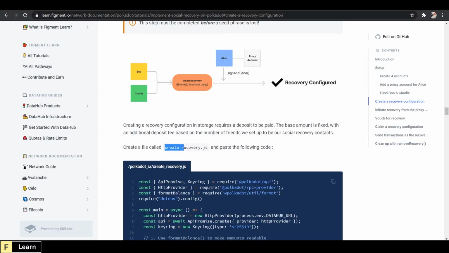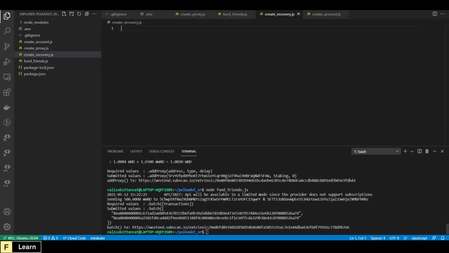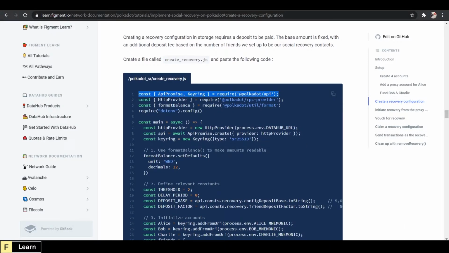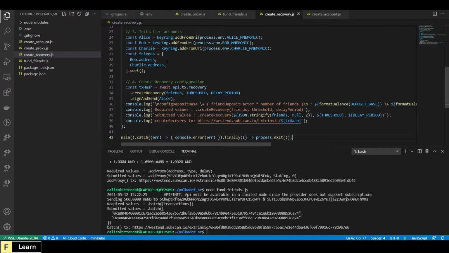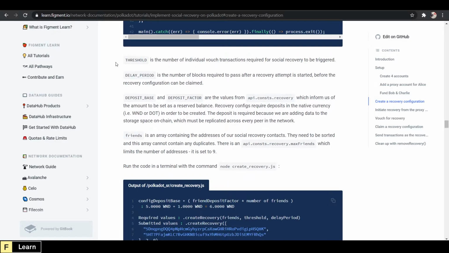Let's create a file called createRecovery.js. And then we can grab the code for that file, hit it with a save. And here we'll see that threshold is the number of individual vouch transactions required for social recovery to be triggered. Delay period is the number of blocks required to pass after a recovery attempt is started before the recovery configuration can be claimed. Deposit base and deposit factor are the values from